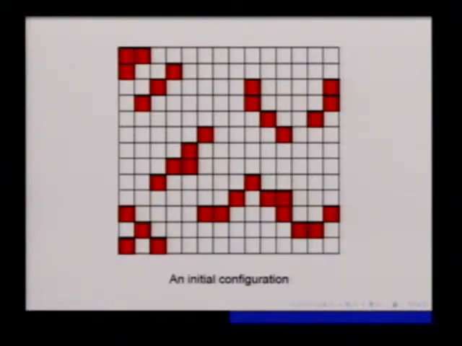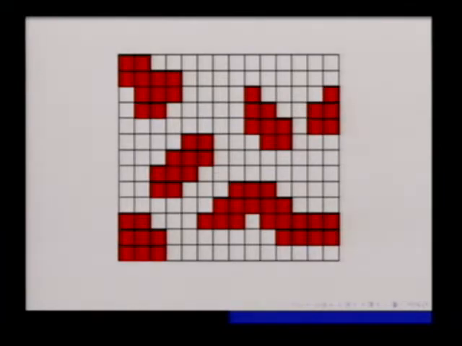So here is an example. If that's our initial configuration, then you may concentrate on any one of the cells and see what happens in the next round. If it has two red neighbors, it should be red. Of course, probably I made a mistake, but still. So let's say this is the next round, and then certainly the white cell in the bottom center should get red. It even has three neighbors.